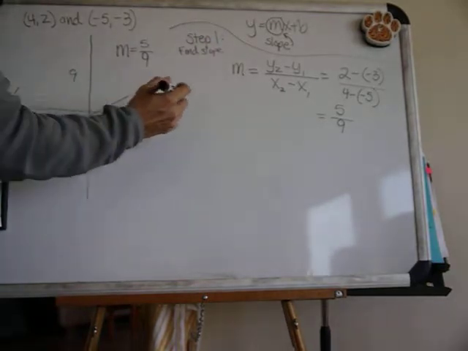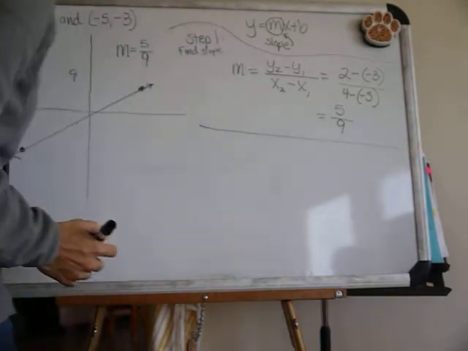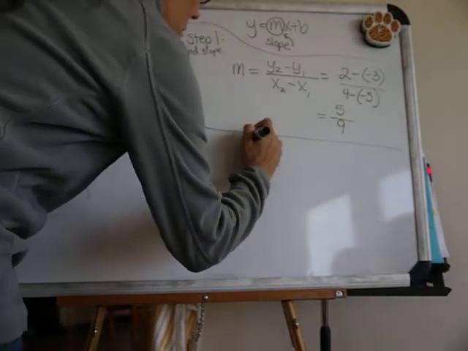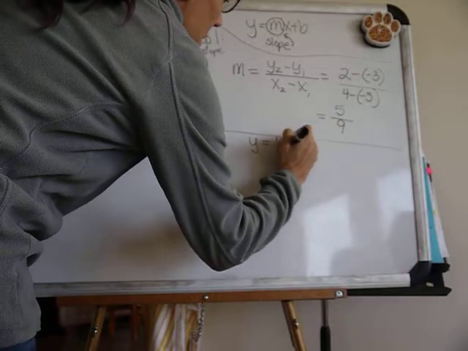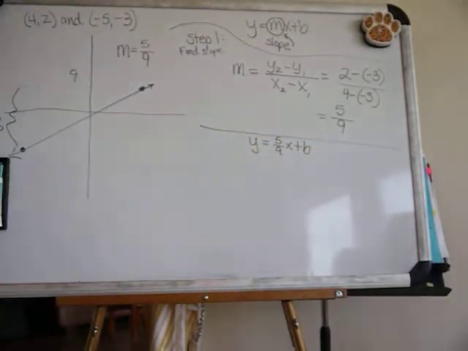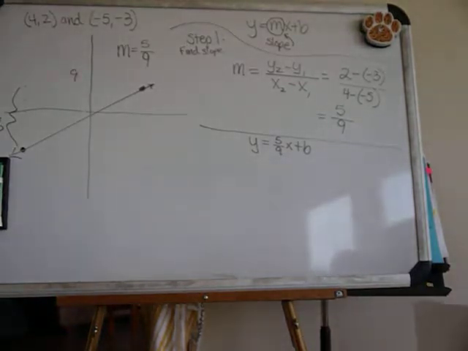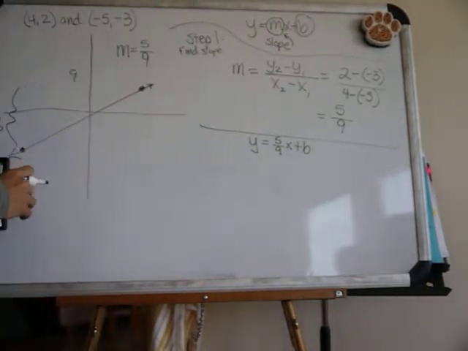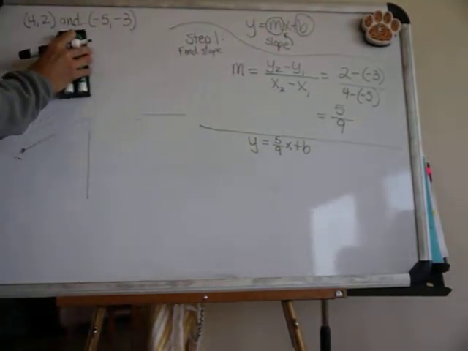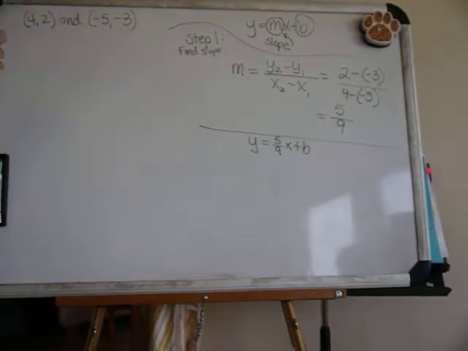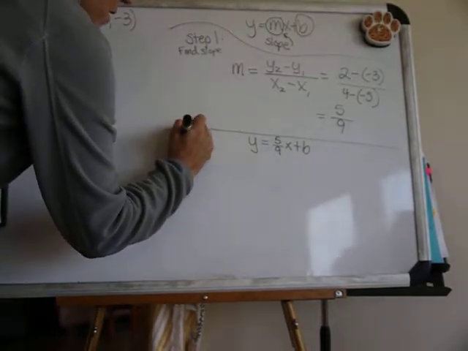So if that's step 1, what do we do next? Basically, we have this: y equals 5/9 x plus b. So what else do we need to find? What's b? Yes, we need a b. We do not have our b yet. These are the 2 things we need in order to get the equation. So what does b equal? Step 2 is